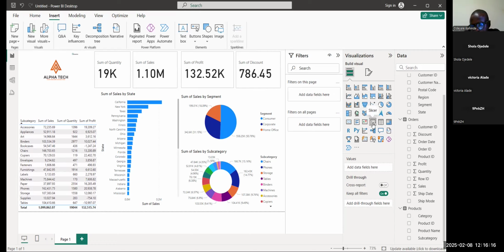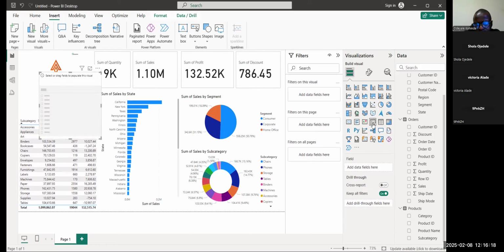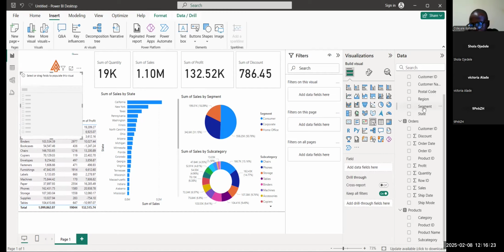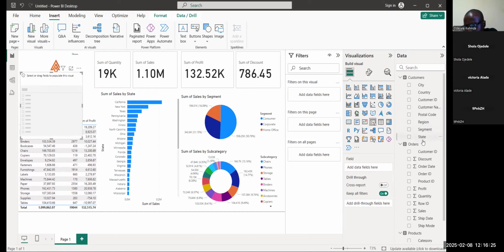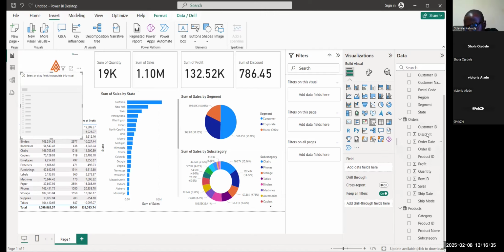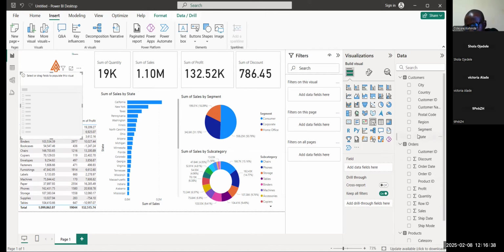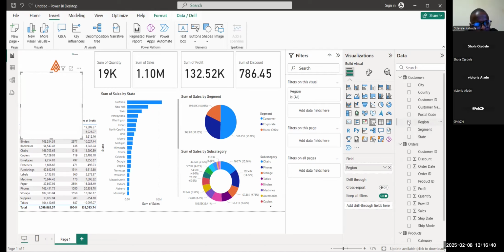Which field do we want to use? If it is state, we already show based on states. Yes, we have a chart for state. Let's check maybe based on region: central, east, southwest, south,